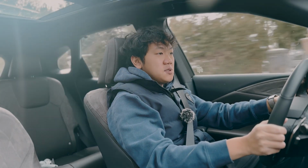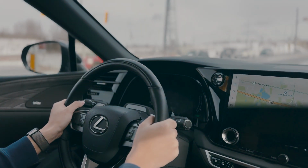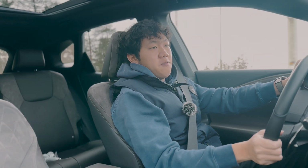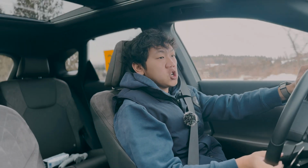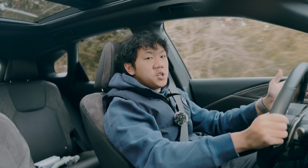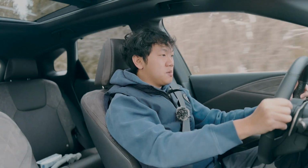304 horsepower is more than enough power to get you around town. You can zip around traffic pretty quickly, and you can still have a little bit of fun, but you do get that benefit of the plug-in electric powertrain. There's pretty much no delays, no latency, just tap the gas and the car just goes,